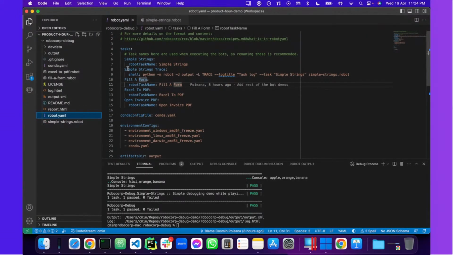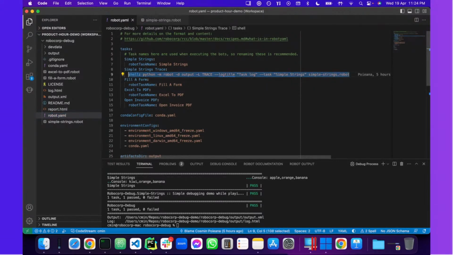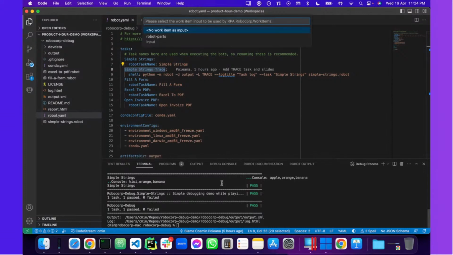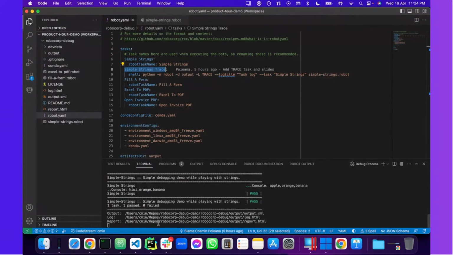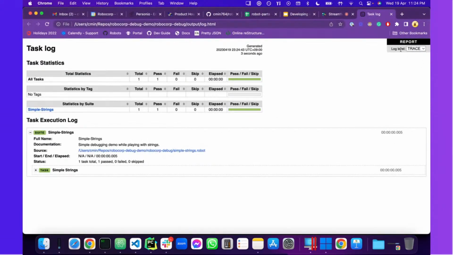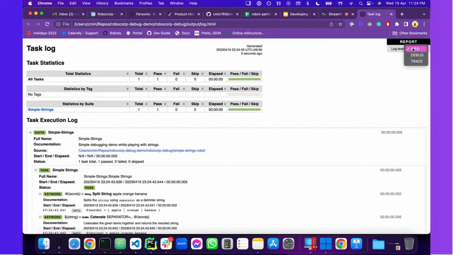a bot, you can, for example, write a fancier, more custom way of running a task where you specify the shell command. And I'm having here an interesting ltrace command with a parameter which tells me, give me the whole log, including trace. So if I'm running this again with a trace, I should see my bot run in the same way. The only difference is that if I'm refreshing the log now, I see a log level trace that I can switch back to info or then again to trace.